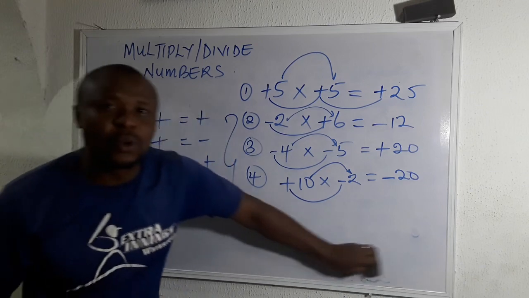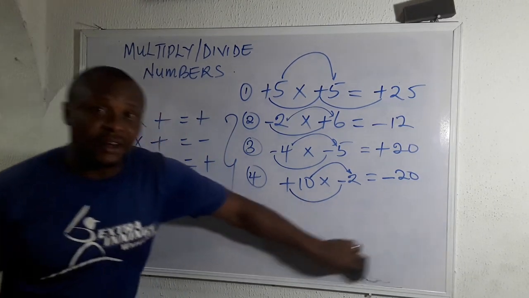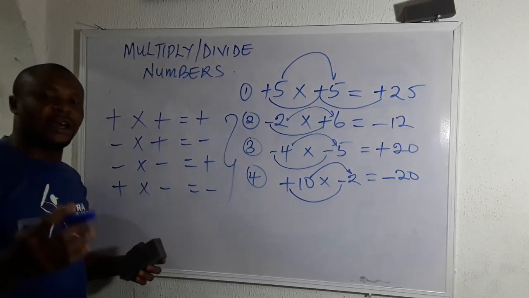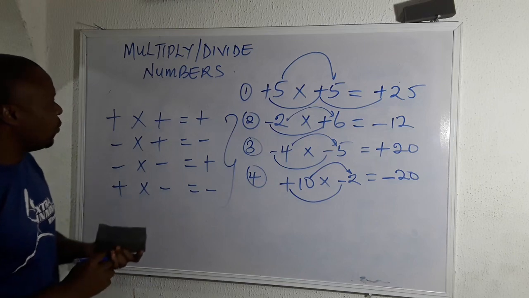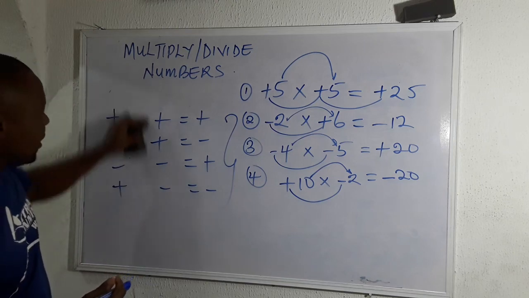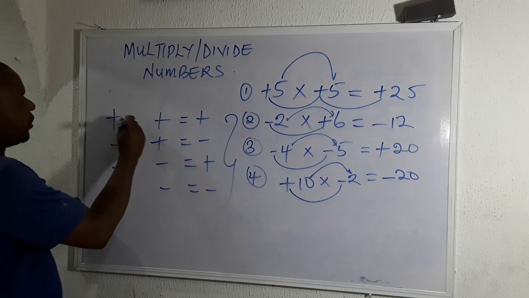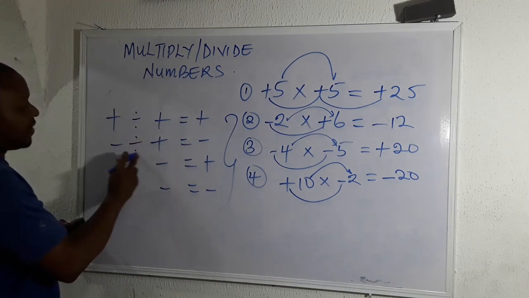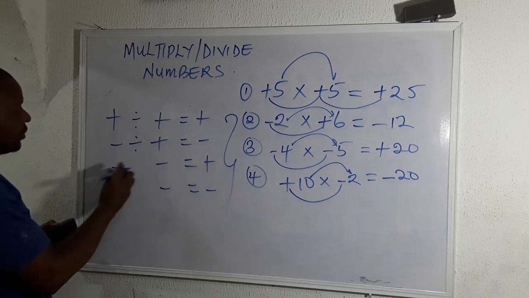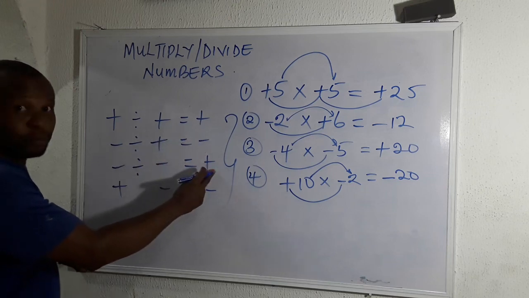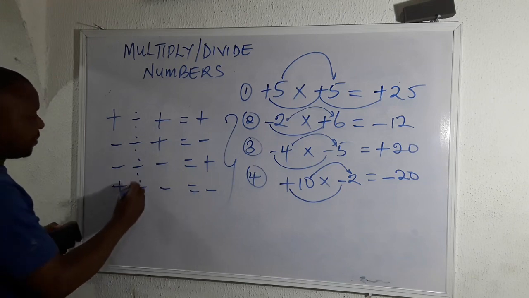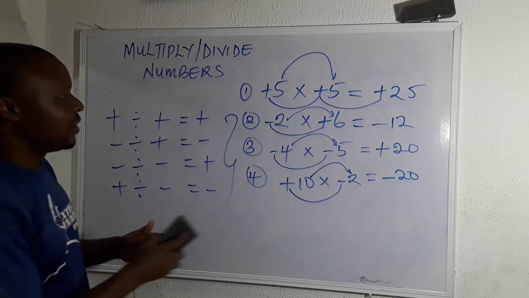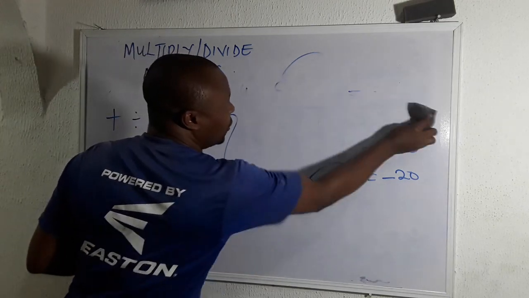Now let us look at how we divide numbers in mathematics. Now it is pretty much the same. All we need to do is just to change the signs here. So we say plus divide by plus gives us plus, minus divide by plus will give us minus, minus divide by minus will give us plus, then plus divide by minus will give us a minus. Now let us see some examples on